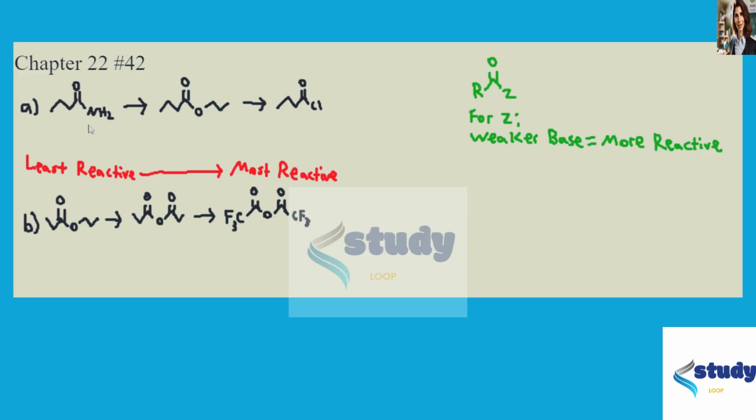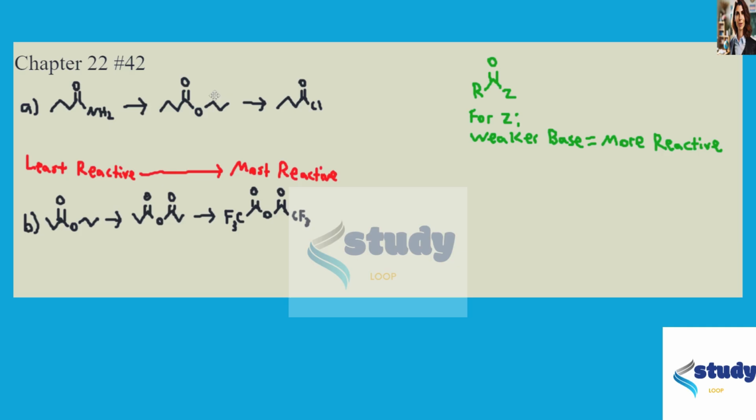reactive. And so for A, we have a deprotonated ammonia. We have NH2 as the Z group. So that's a super strong base. So that's going to be the least reactive. So next we have